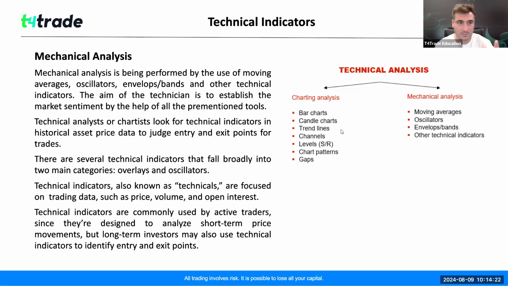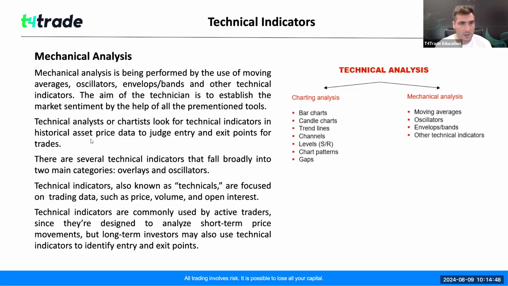and mechanical analysis. Okay, so mechanical analysis more specifically is being performed by the use of moving averages, oscillators, envelopes and bands, and many other technical indicators. And the aim of the technician is to establish the market sentiment. We should highlight this market sentiment. This is what we are after with mechanical tools or mechanical analysis in general,